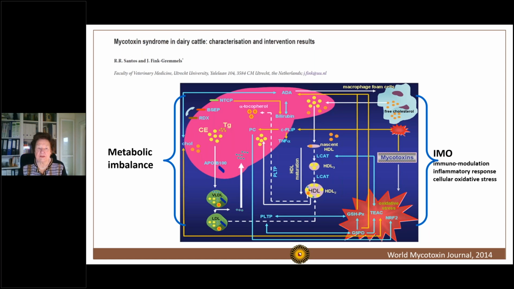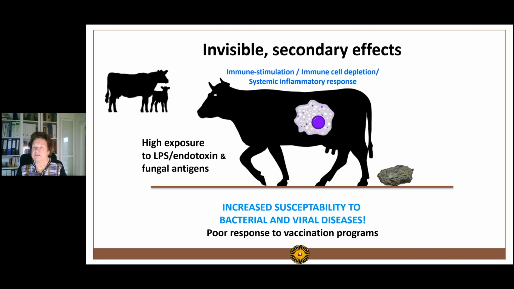And on the other side, you have the metabolic imbalance, characterized here by the liver. The fatty acid metabolism is modified. Glucose metabolism is modified. So you can go to all these little details to understand what I mean with a metabolic syndrome. What is invisible, but I mentioned already before, is the secondary form of effects that we never see